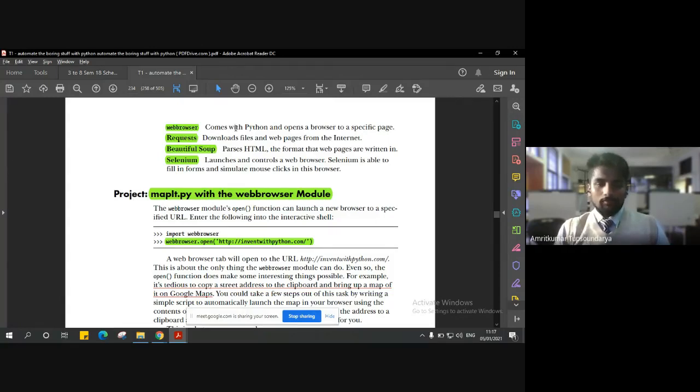a task. For example, let's say it is quite difficult to point out a particular address on Google Maps. Let's say you have an address in text format, and you want to have a look at it on Google Maps.